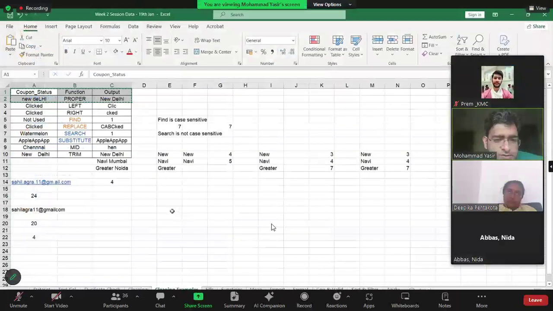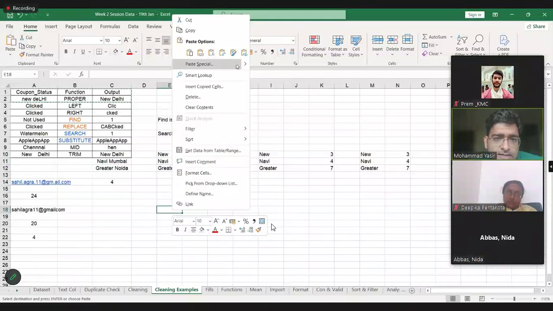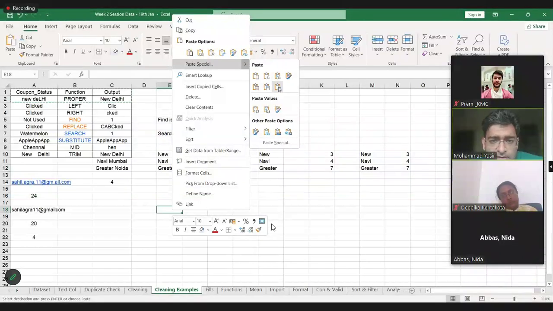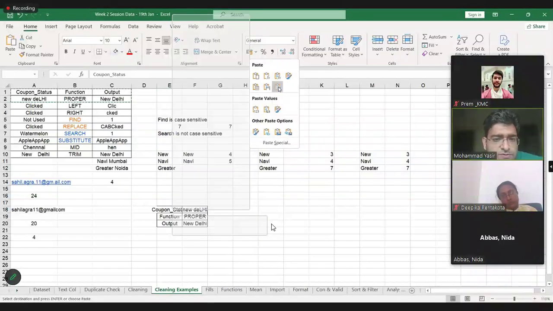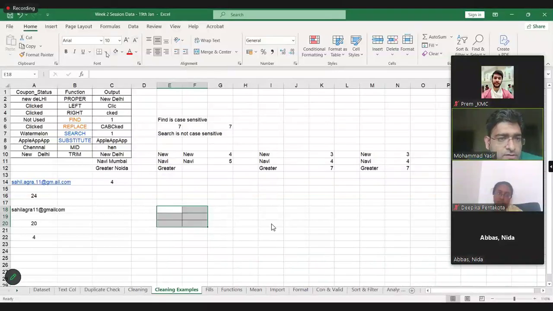I do a Control C. When I right click here, there is a paste special option where I can do this transpose. Okay, let me check quickly in the same way. And if you don't find it, we can discuss after we cover all our topics. Sure.